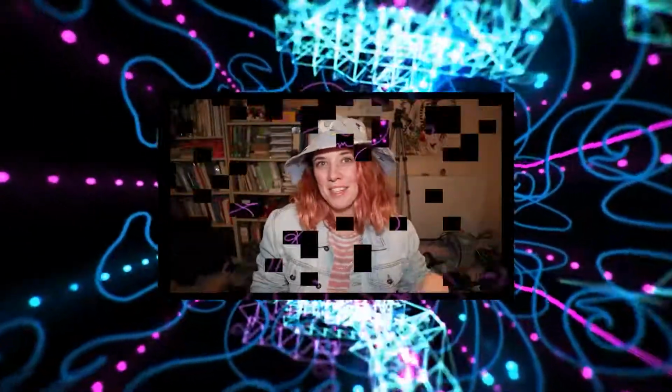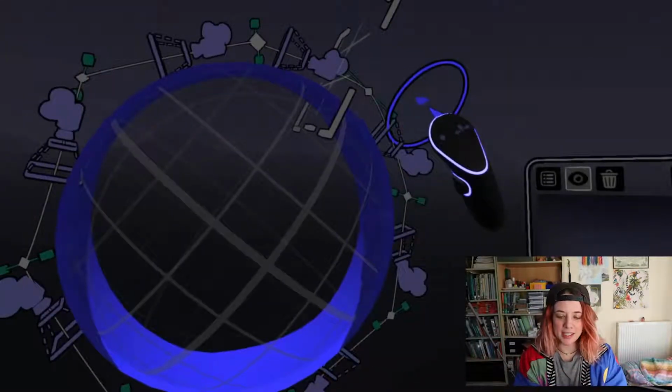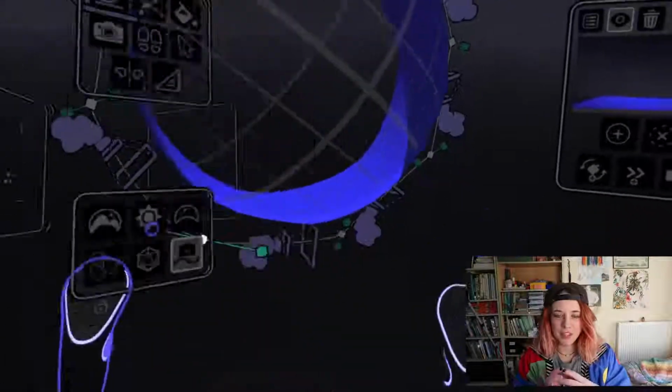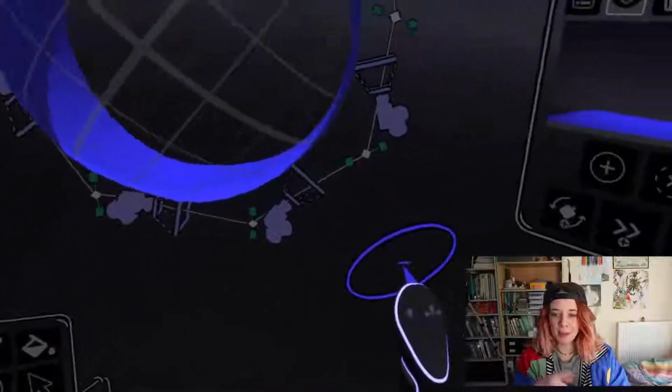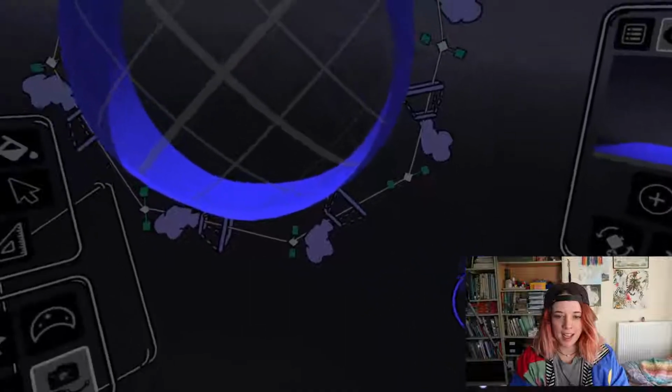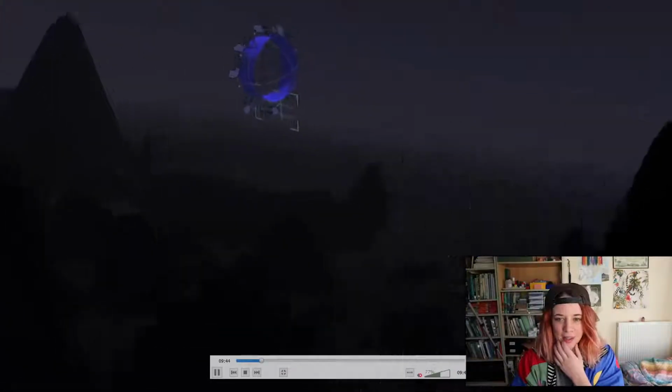So let's start the video. Today I looked at making another spacey futuristic loop using Google Tilt Brush, but I've got my camera path thing down pat now, so I kind of made a sphere grid, drew around it, and then put the camera path going round and played around with